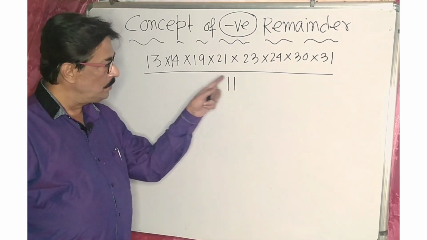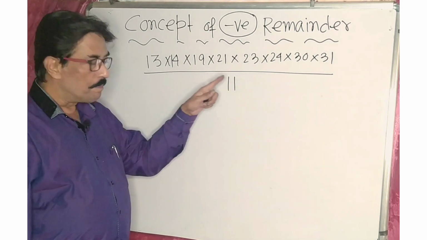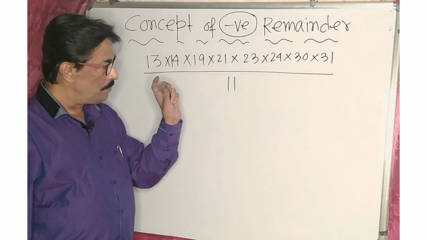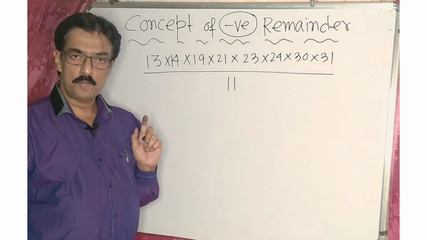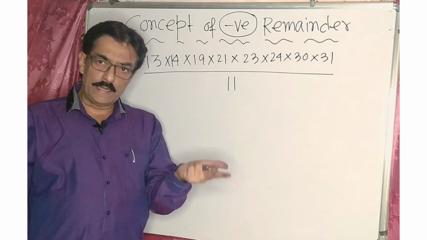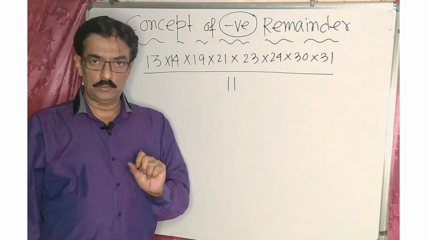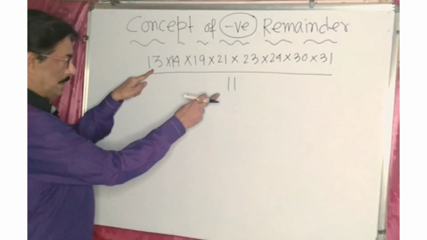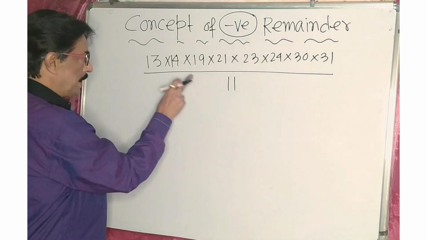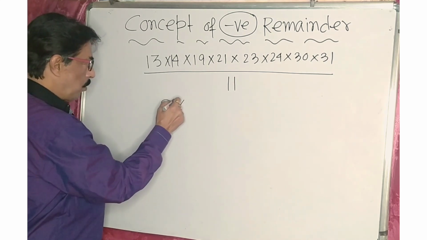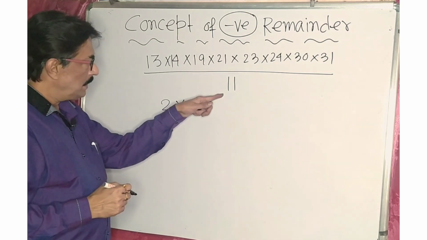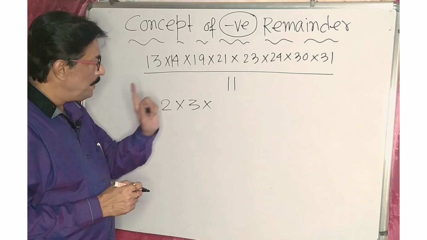Let us consider our new example. It is comparatively tougher than our previous example. You have to find out what will be the remainder if the expression is divided by 11. In this case, you can find the positive remainder. You can also use the negative remainder, whichever is compatible to use. Now observe. 13 by 11, 13 is very near to 11, so we can use the positive remainder. 13 by 11, remainder is 2. 14 by 11, remainder is 3.